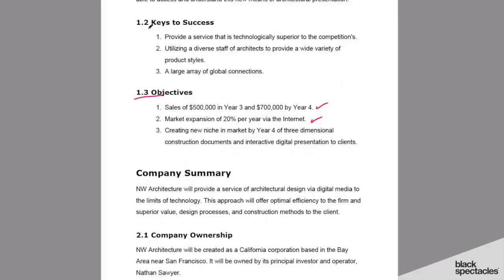Now, interestingly, this particular template has this idea of keys to success. It's actually kind of a funny terminology, and it's a little different. I've never actually seen that before. But it's an interesting one, and I kind of like it because what it says is, there's objectives, but there's also ways of thinking about the objectives. And so the keys to success are about another way of thinking about how do we meet that mission. So it's not just what are our objectives, but it's sort of a way of saying, well, this will work if, and then that's going to be useful information to have sat down and gone through.